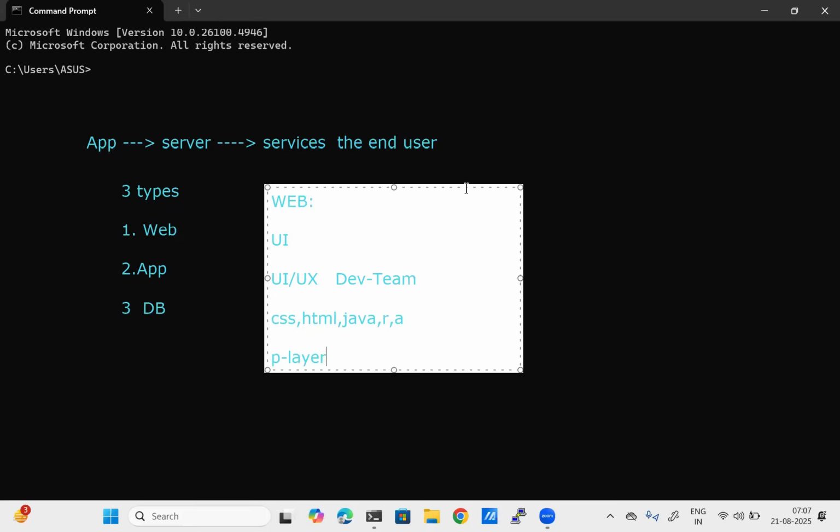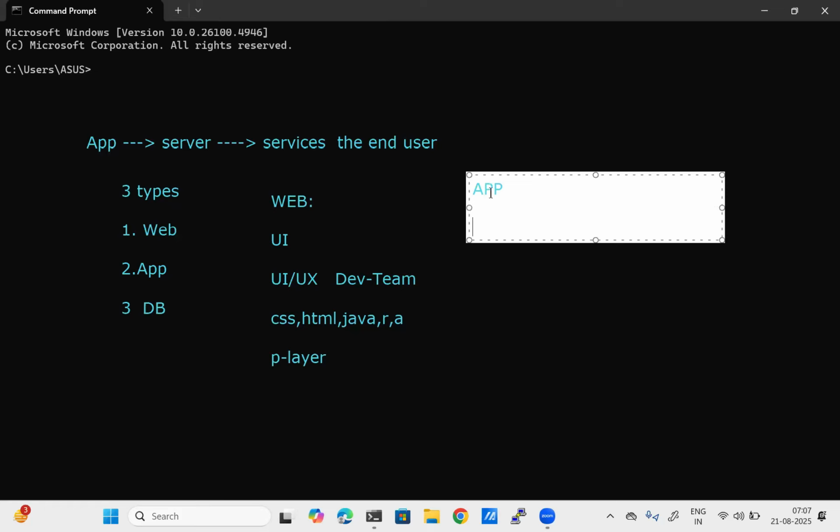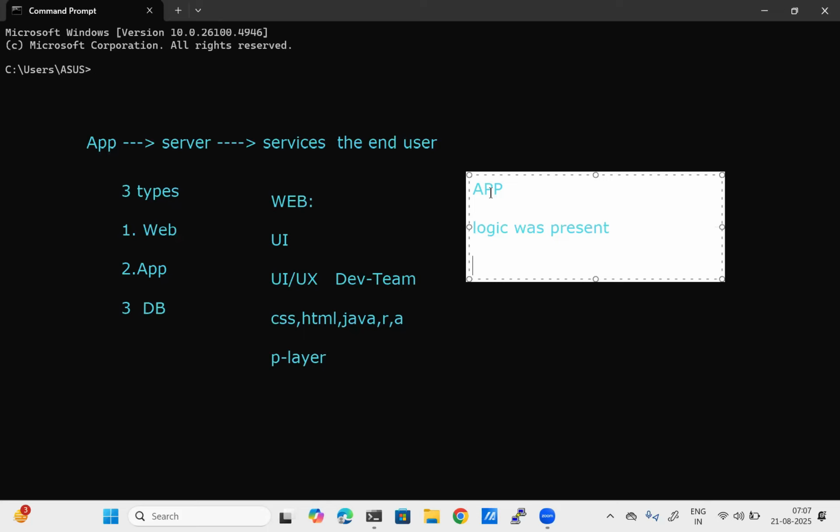After the web server, we have the app server. What is meant by app server? An app server is wherever the logic is present. Who will work on the app server? Ultimately, the development team.